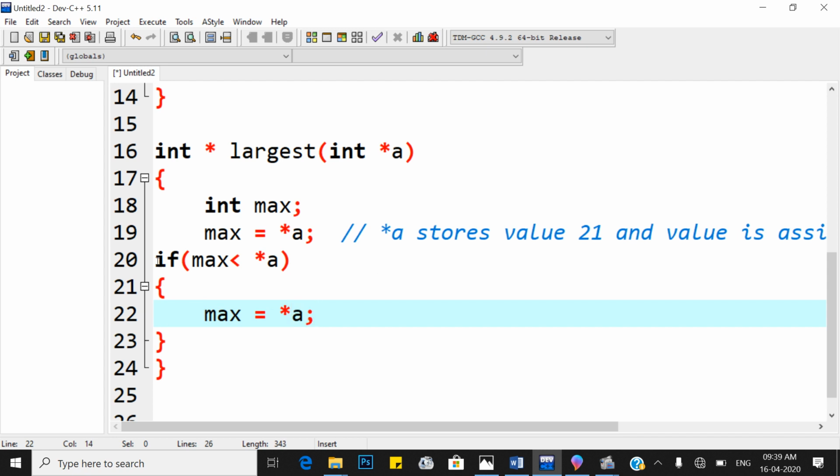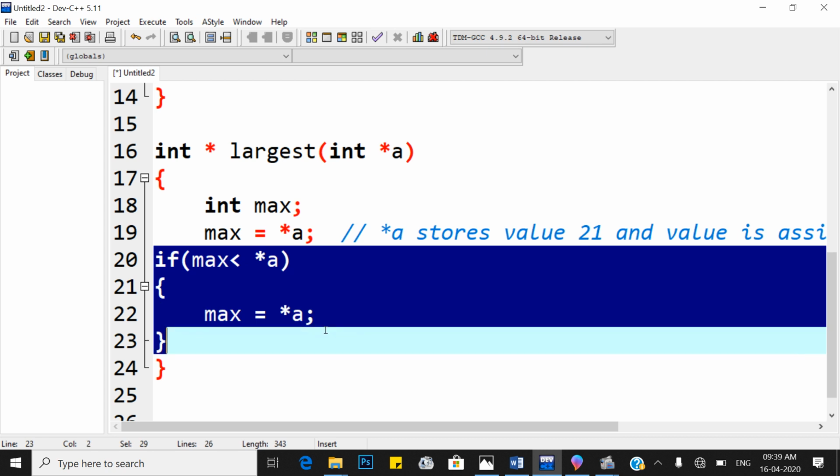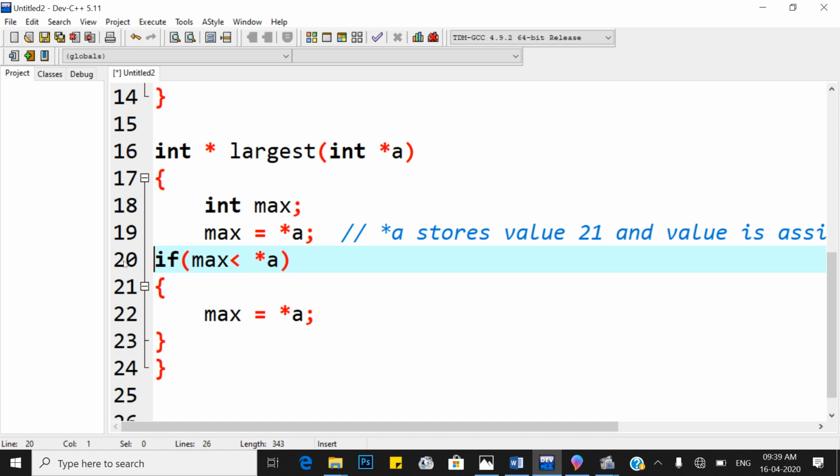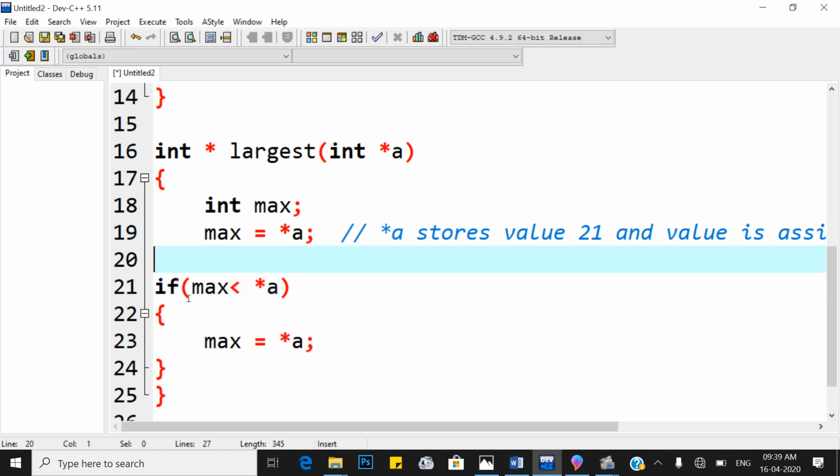But how many times do we have to execute this statement? 5 times, because the array size is 5. So use any type of loop. Here I'm using a for loop: for i equal to 0, i less than or equal to 4, i plus plus.